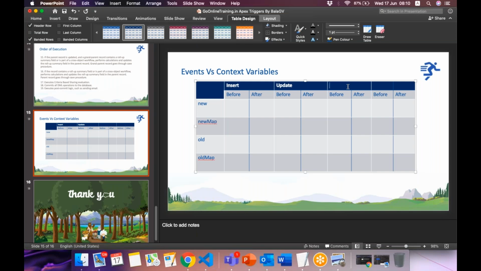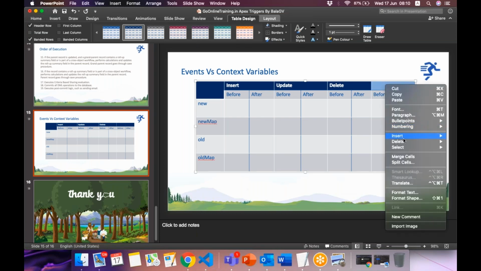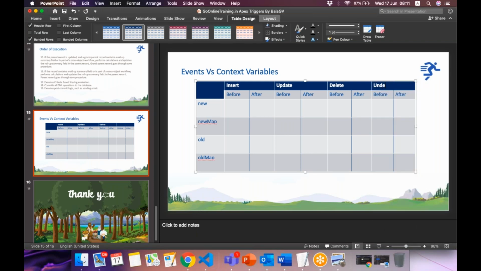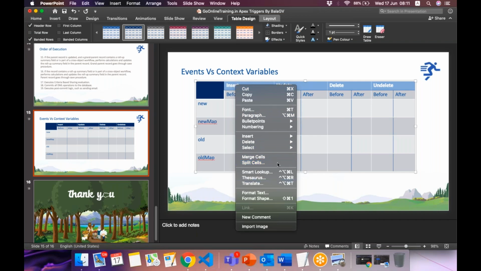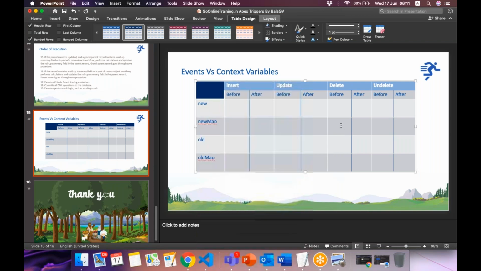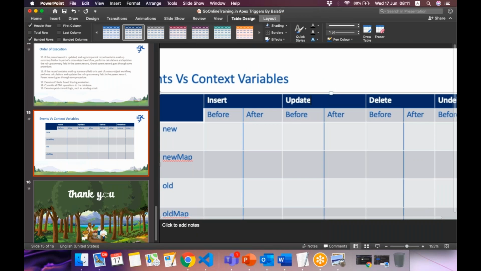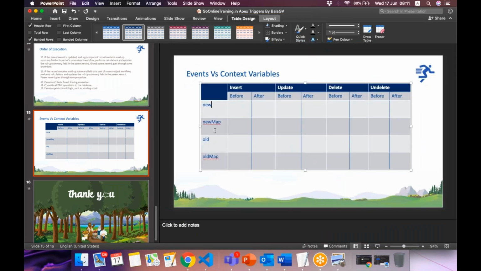Update, delete, undelete, right? I don't know where the line is. Okay, I'll do the stylings later. But so, Trigger.new map, Trigger.old map.